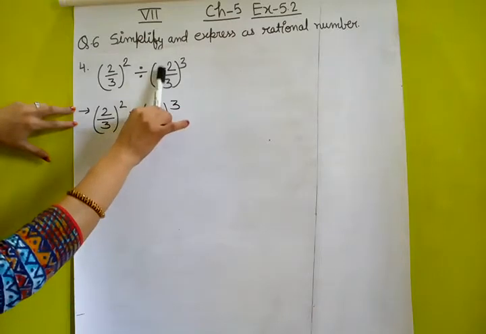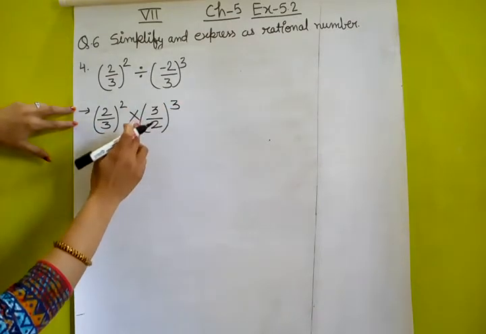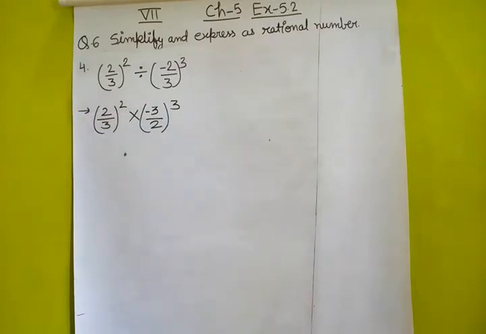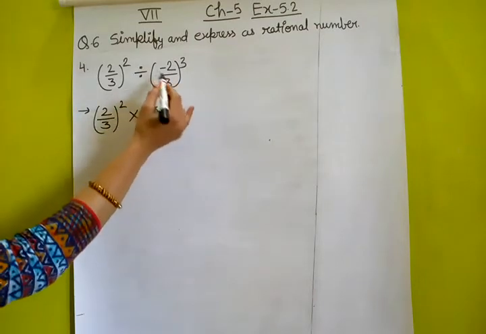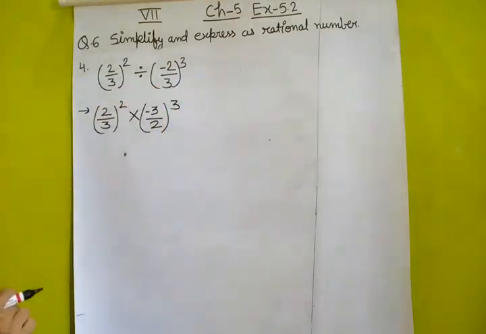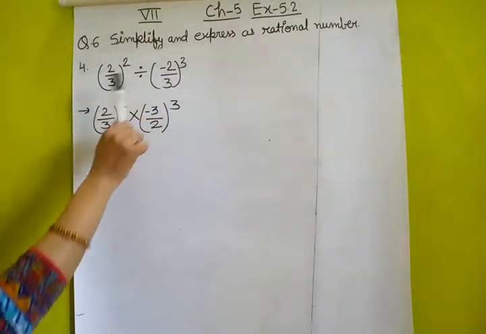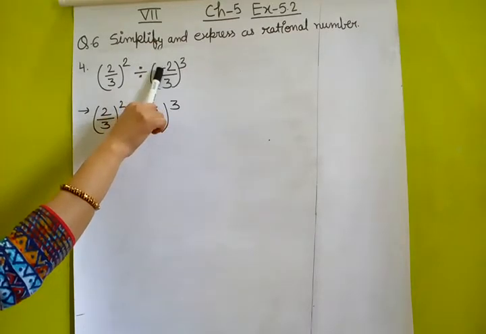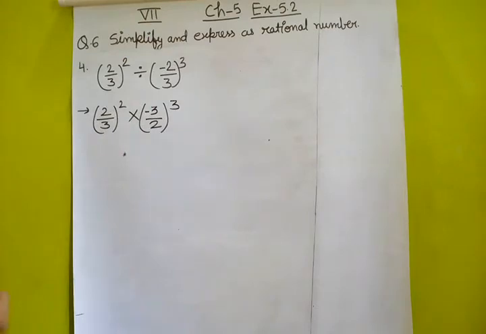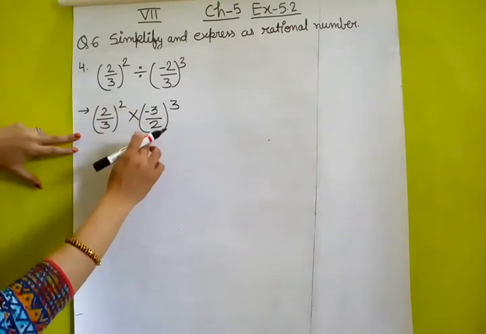And as you know, if I write minus 2, then again I have to write minus 3, because the denominator should not be negative. So here if I am writing 3 upon minus 2, I again have to put the minus upside with the 3. So the place of this minus sign will not change, because the denominator cannot be negative. So I have done the reciprocal.